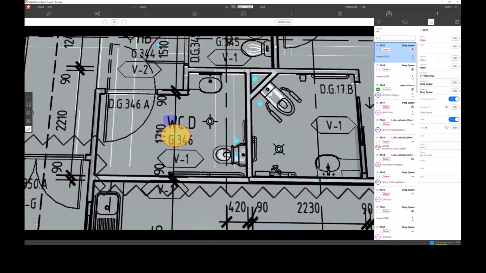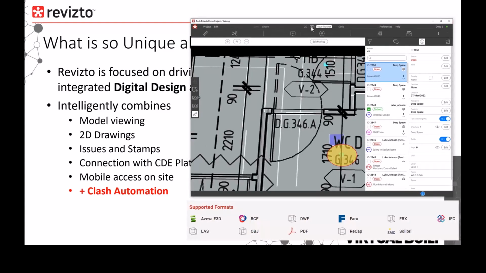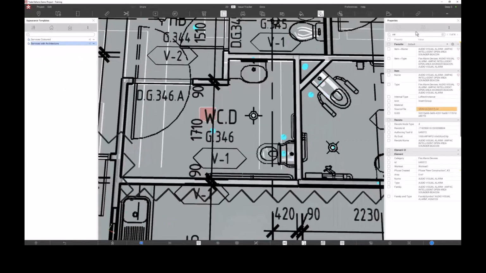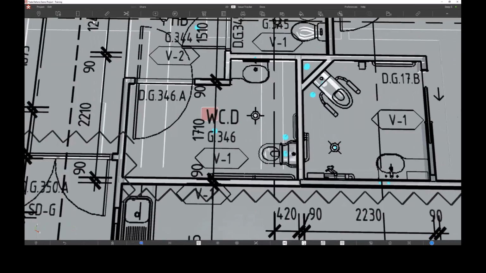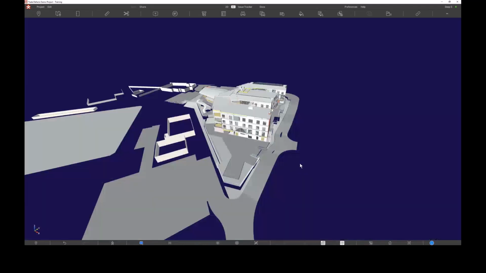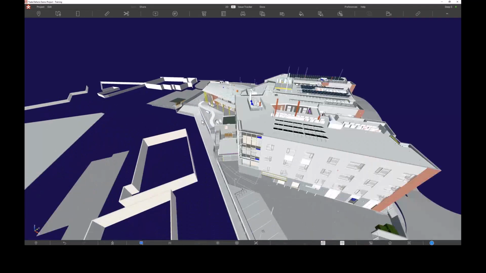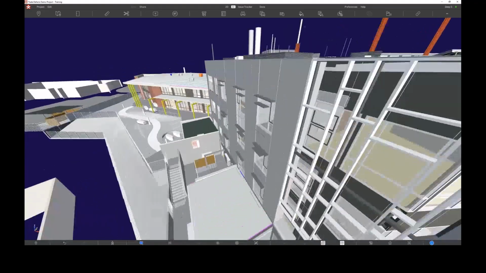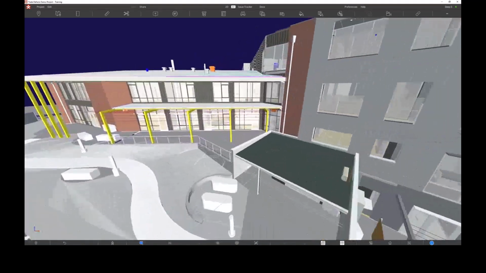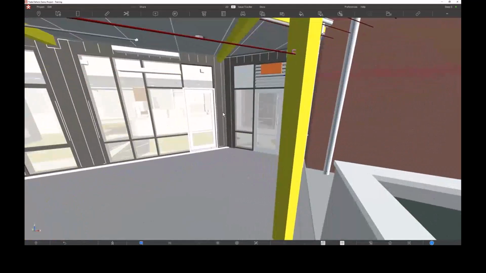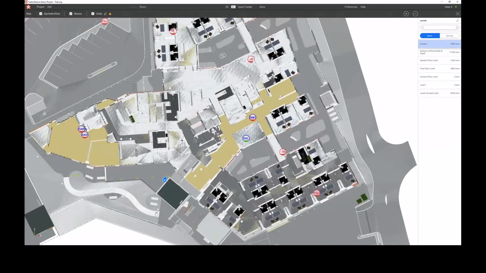So that's the issue tracker. The idea behind this 3D viewer is that you can't break it. It's easy to use. We've trained Sparkies, walking around on site, they're not technical people, but we've trained them to use this platform because it's really a simple interface. And so if I click on the map view here, I can see where I am in the context of